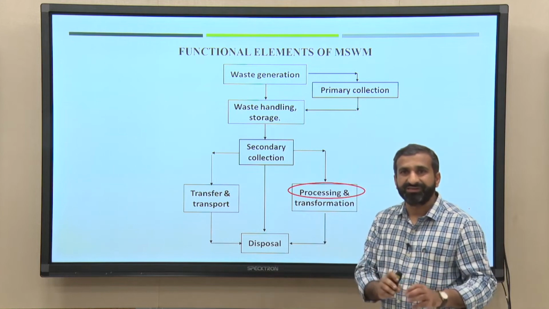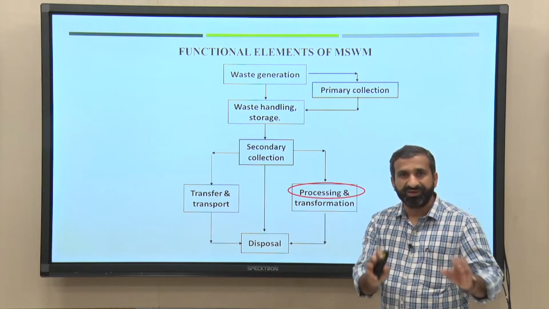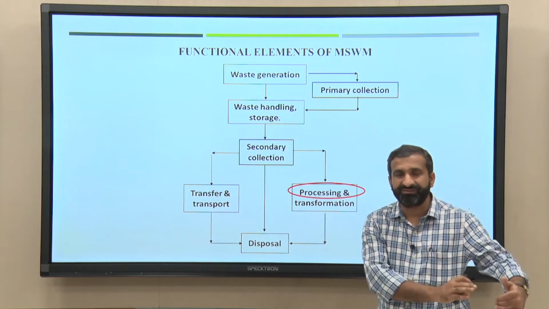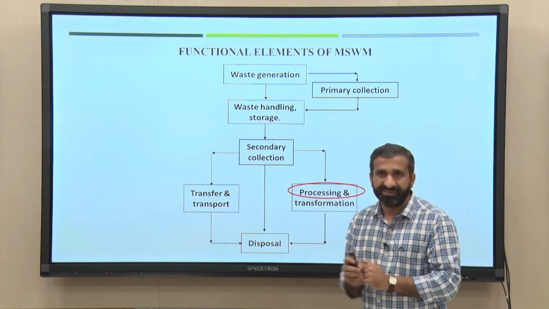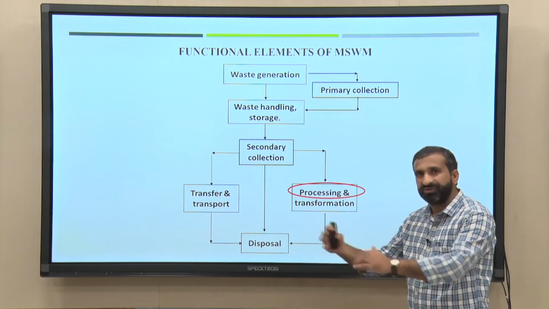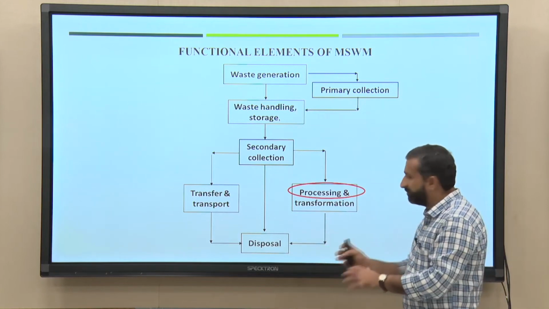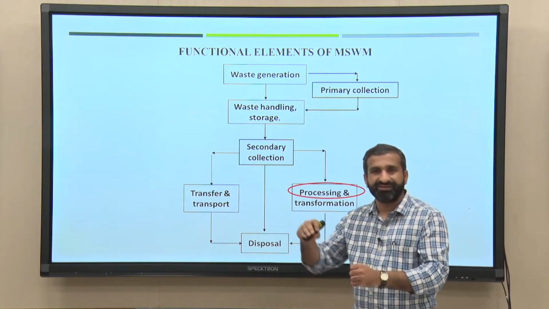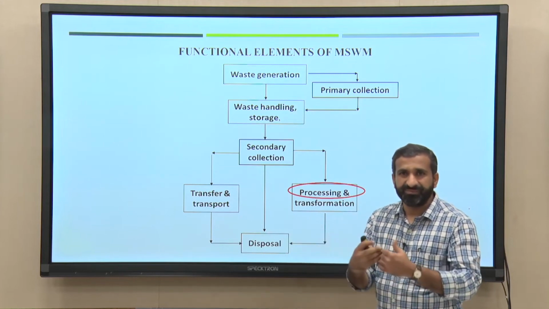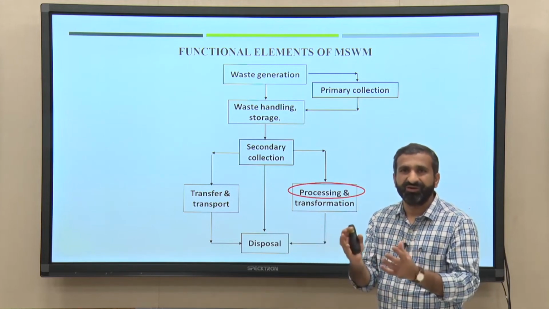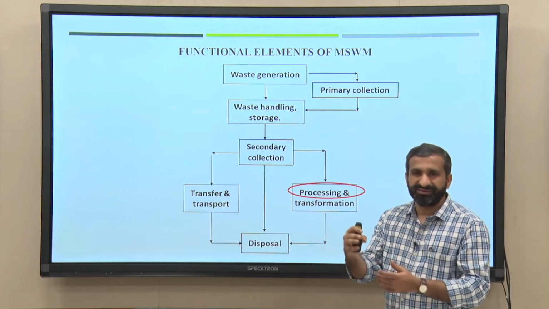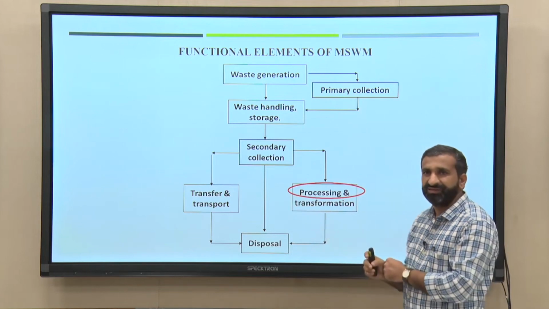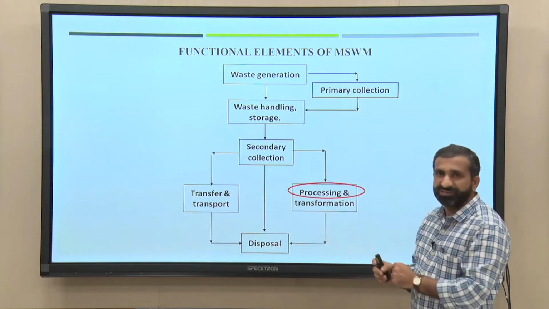Because I think we have already discussed in the previous lecture, we collected the waste in 2 parts: one is the wet waste and the other is the dry waste. First we will talk about dry waste, but the dry waste is also in a mixed way. We did not segregate it again component-wise. I propose that if the quantities are small, it could be possible at community level. Otherwise, it has to go to a centralized recycling facility or processing facility.